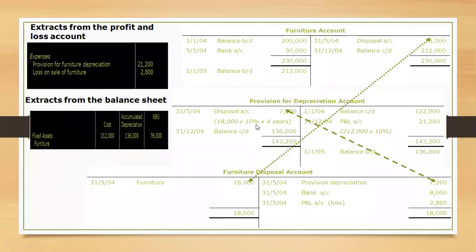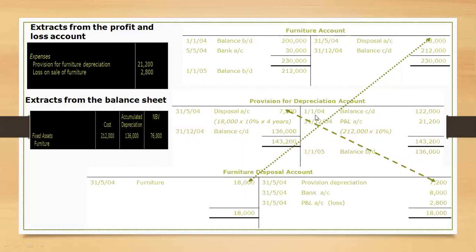First of all, the very first step is furniture account, opening balance 2 lakh and additional purchase of furniture 30,000, and the asset which was disposed of, what is the original price of the asset? 18,000. It is credited from the furniture account as it was required in the question that it is disposed of. So we have to delete the data from the asset account and the balance left is 2,12,000. This is the furniture account, the very first step, and we have deducted the asset which was going to be disposed of and we have added the additional furniture in that. This is over.